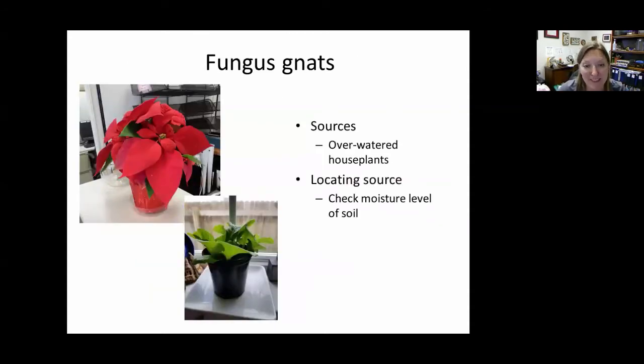So houseplants are going to be the huge thing here that you need to look for. And like I said, the poinsettias at Christmas is usually when we have the outbreaks here in the office. And usually it is because people are overwatering. It is very important to look around those houseplants for the fungus gnats flying around,